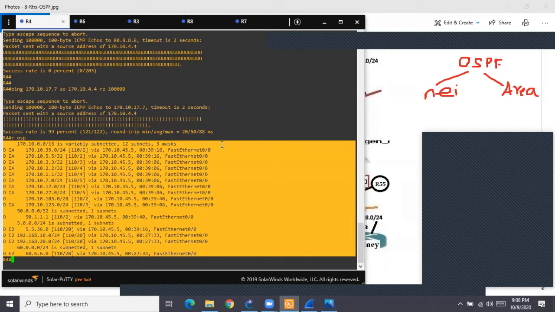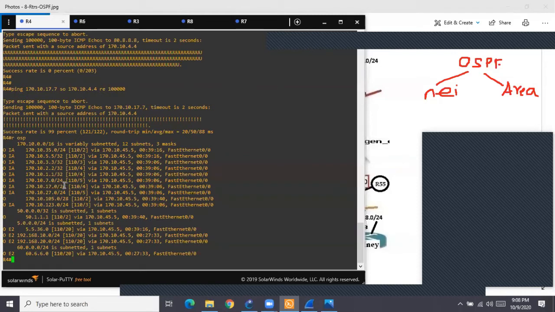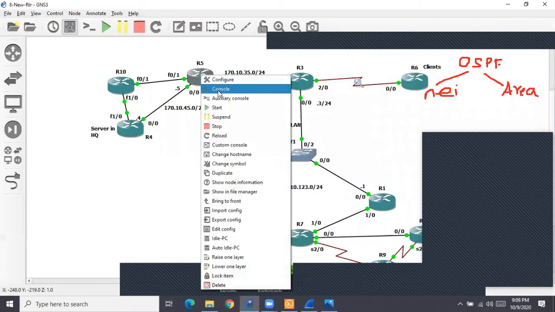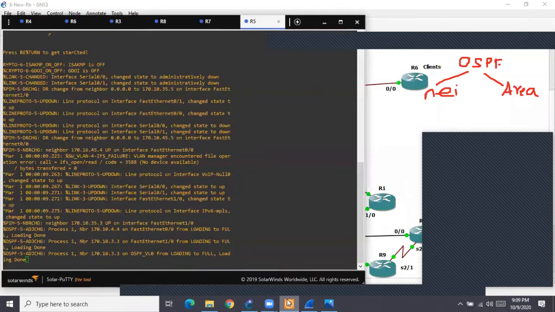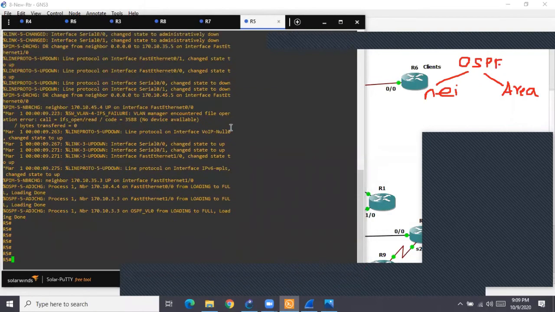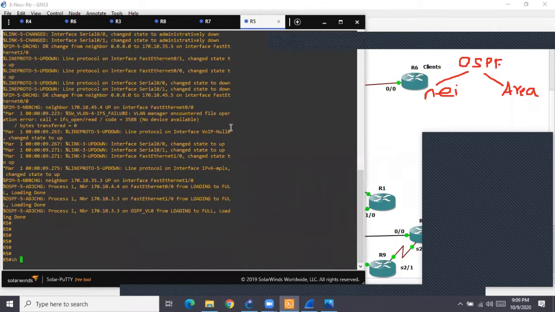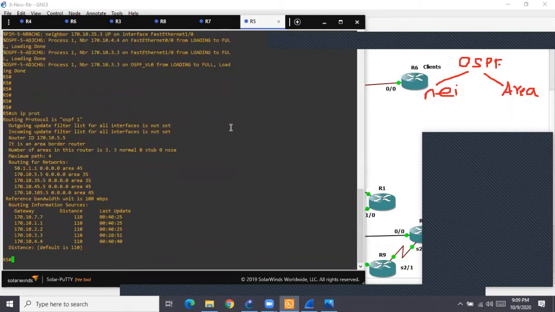So let us see now. Observe carefully. Focus on the R7 route. Are the R7 routes there in the routing table as of now? Yes. Now, as I said, R5, you have been given a task to do authentication between which 2 routers? 5 and 4. So I go to router 5 now, and show IP protocol to check which process number is there for OSPF. Okay, it is process 1.